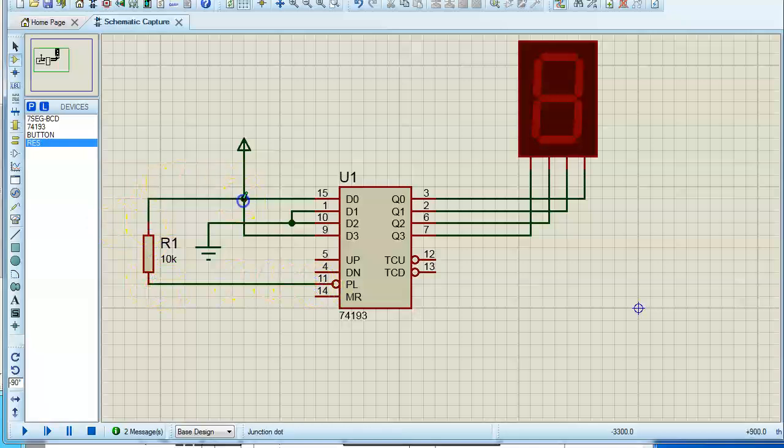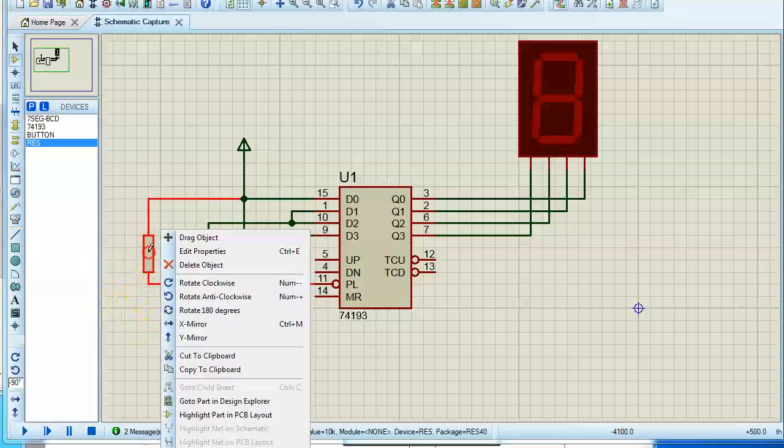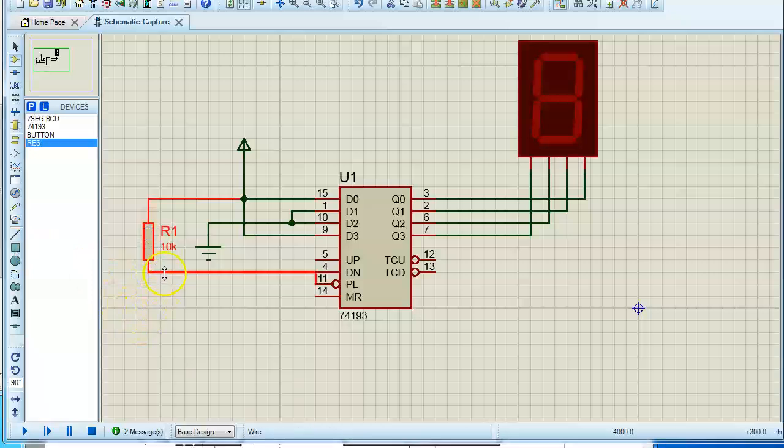One end of the resistor is connected to the positive supply, and the other end we connect to the push button, which is supposed to be in pull-down mode. Whenever you push the button, it should give you the low signal here. That means you are trying to load the count.